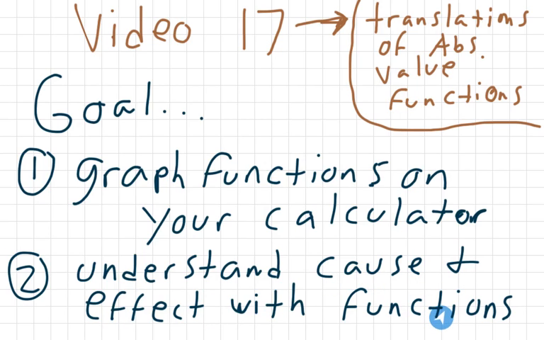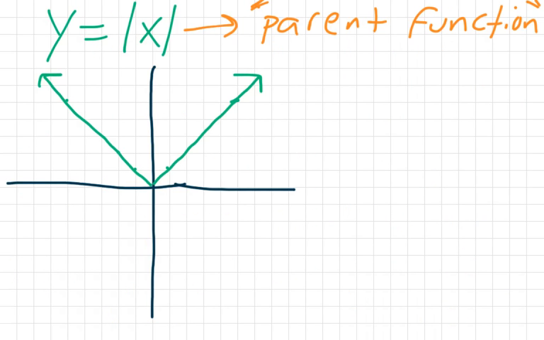So basically how different things we can do to each absolute value function will change how it looks and where it goes and stuff like that. So first off, I'll show you the most basic absolute function graph. You've already seen it before. Y equals the absolute value of x. This is actually called the parent function